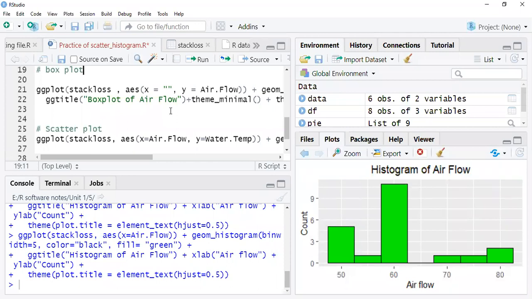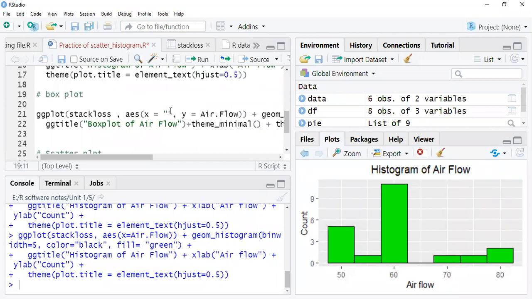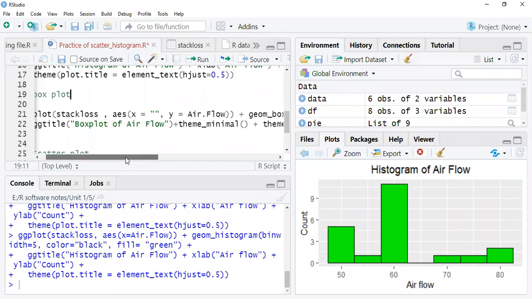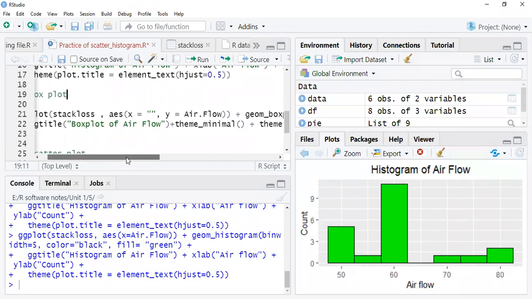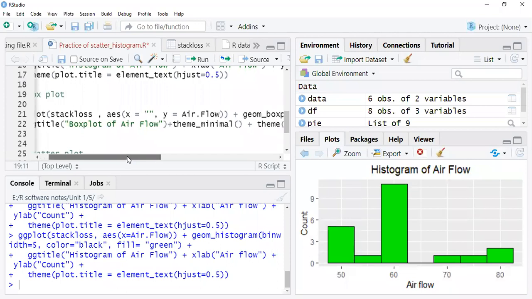Similarly, you have to do it for the box plot. So what will be the box plot? I'll complete this box plot, then we will stop. The ggplot with the stack loss data set, and you know the box plot. A box plot basically does not require an x-axis. It has only a y-axis.